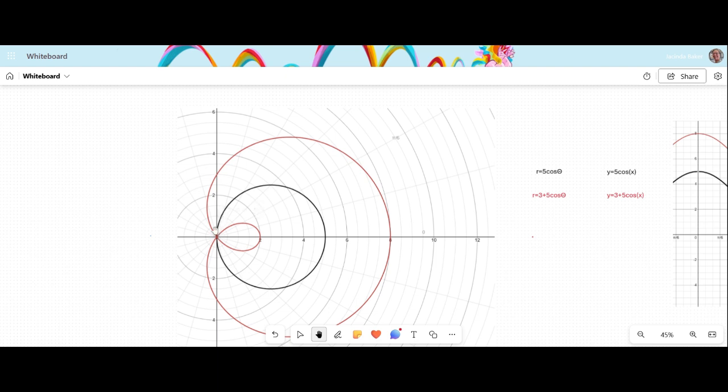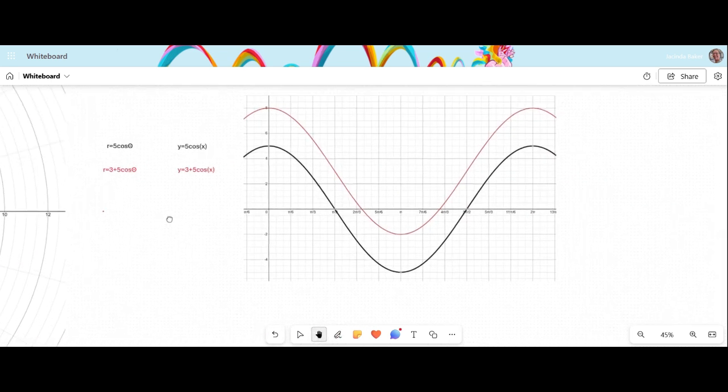So here, let's look at, for instance, that angle is 2 pi over 3. I should write that in there. So this angle right here is 2 pi over 3. And so if I look on my rectangular grid, 2 pi over 3 is right here. And it's right there for the 5 cosine theta, and it's right there in the positive area for the 3